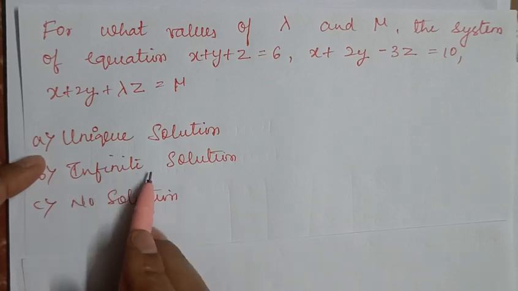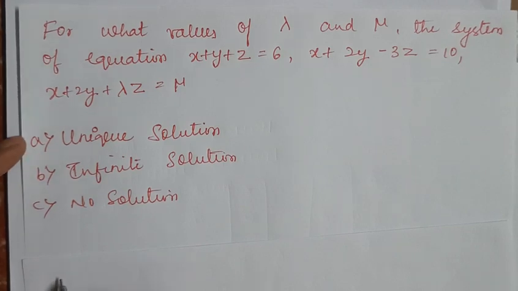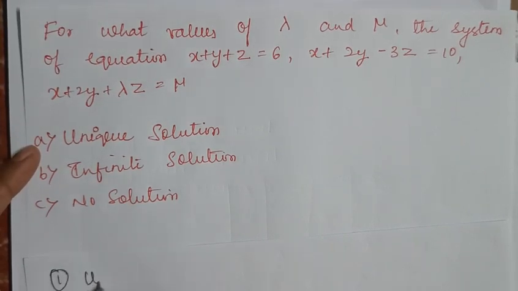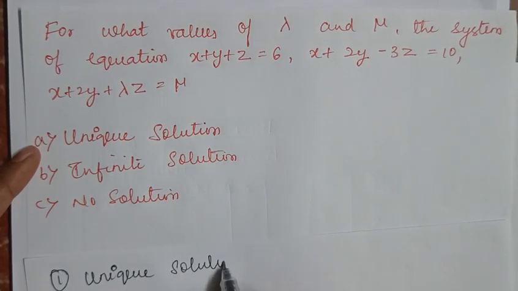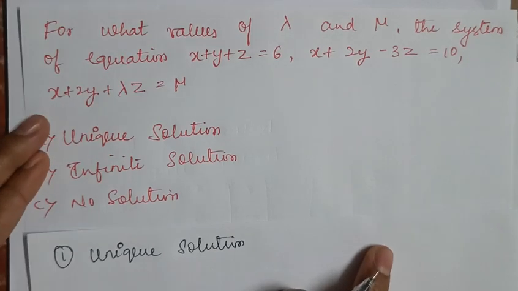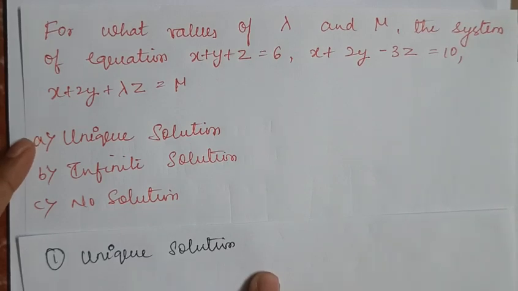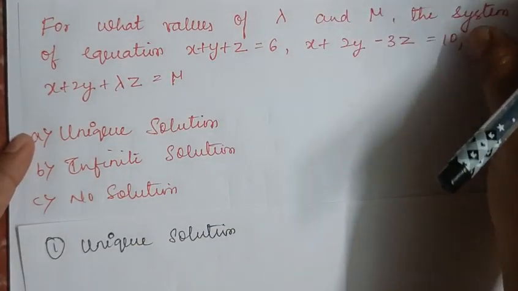So when we see a unique solution, I'll use a different pen. I have different color pens. So let me see the first one, unique solution. You have it here. I can tell you that each column has a leading one. So we know that